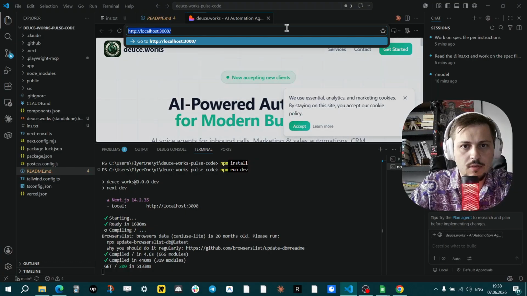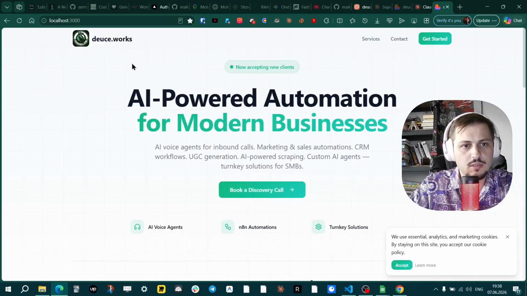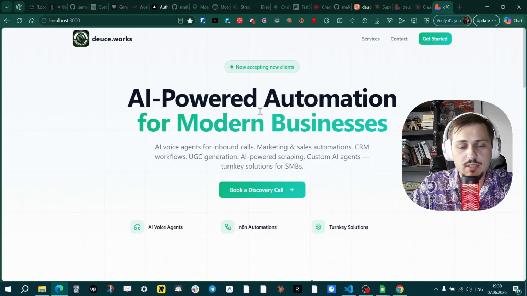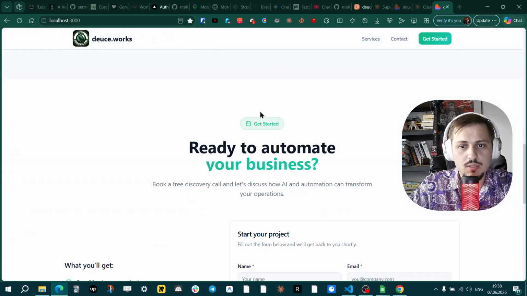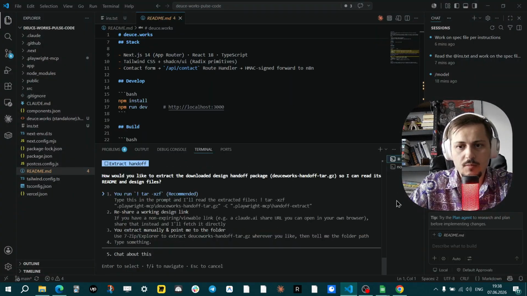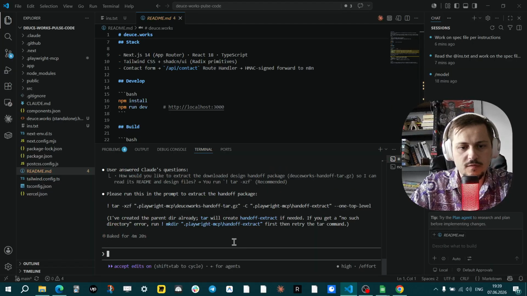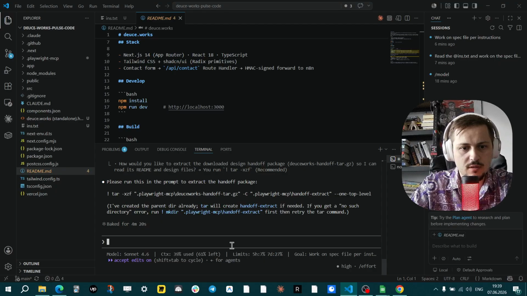I don't like opening it here, so I'll just open my Edge, and that's the local version of this website. Every change that will be implemented with Claude will be visible here. Sometimes we need to restart the server, but that is supposed to be working. So every time you want to change something with Claude, you'll be just spinning it up locally. Obviously, I'm explaining this to PMs, designers, and less technically capable folks, I would say. So if you're a front-end engineer or an engineer in general, then